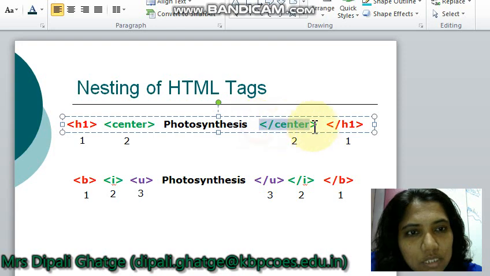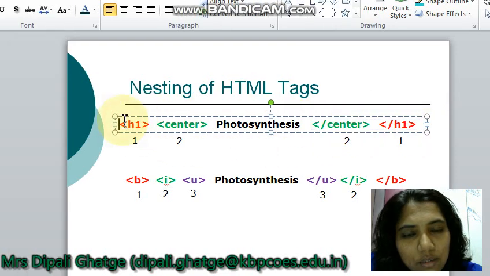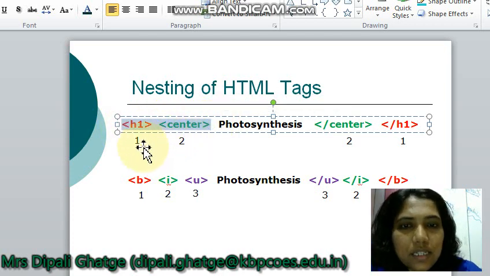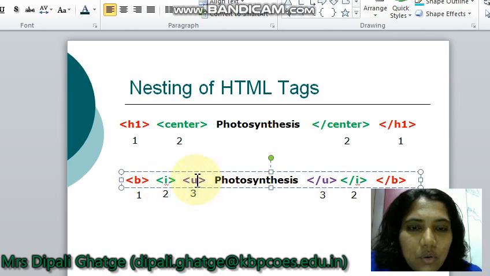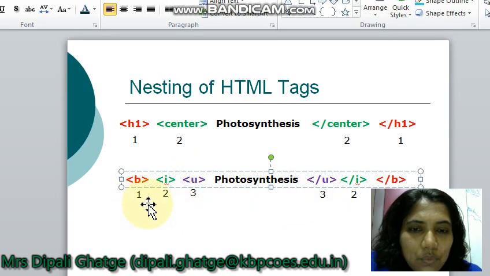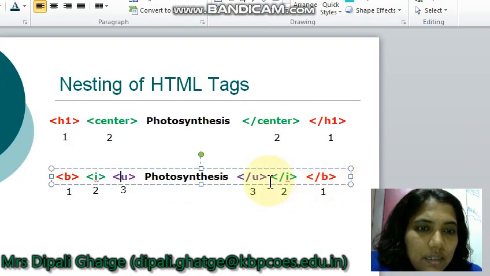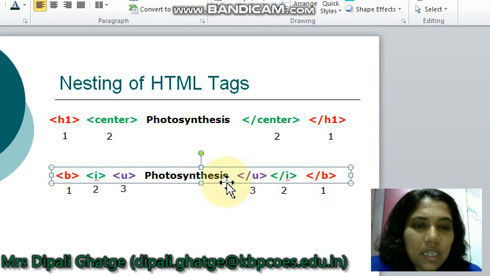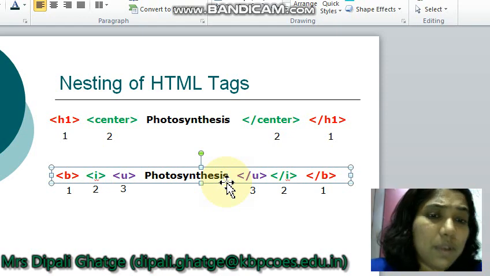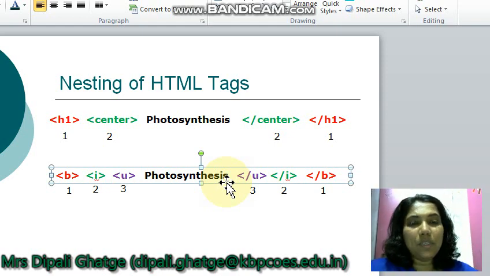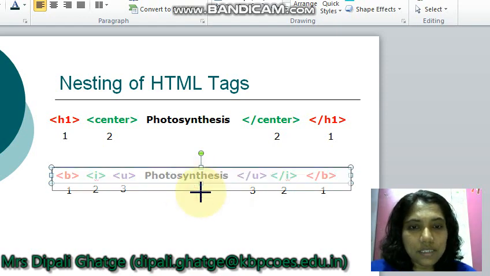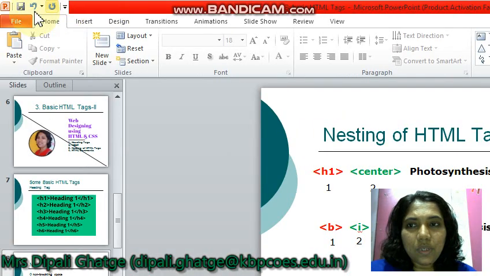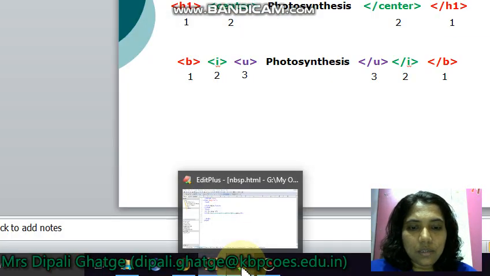So on the closing side the tags should be in reverse order, that is 1 2 and 2 1. If suppose I want the text in bold, italic and also in underline tags, then I have to write, suppose the order is 1, 2 and 3, then at the closing side it should be 3, 2 and 1. So properly closing while nesting the tags, properly writing the sequence of the closing tags is very very important. It may create an error in your HTML page. The effect will not be reflected onto your HTML page. So let's see one example of the same.